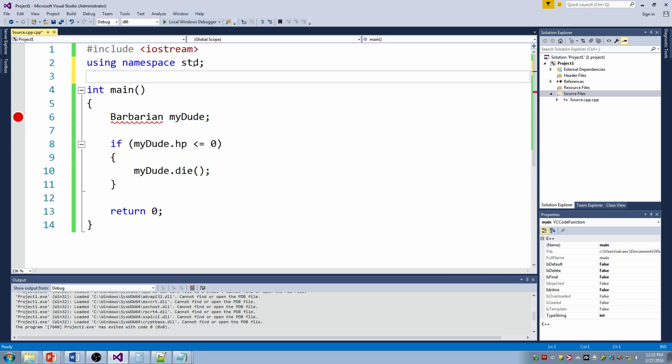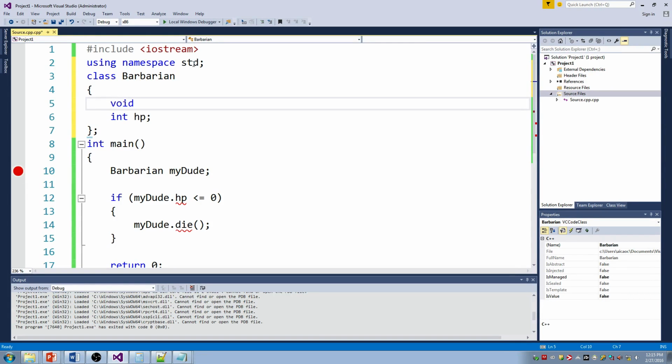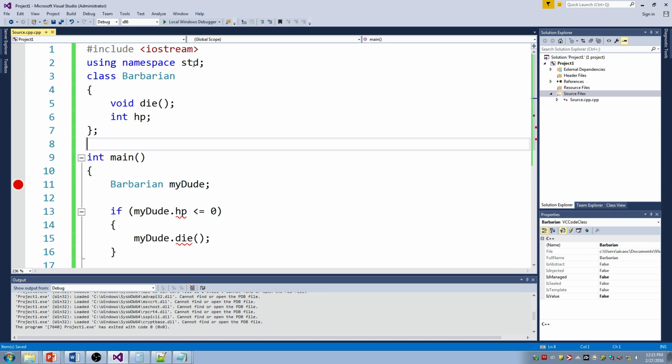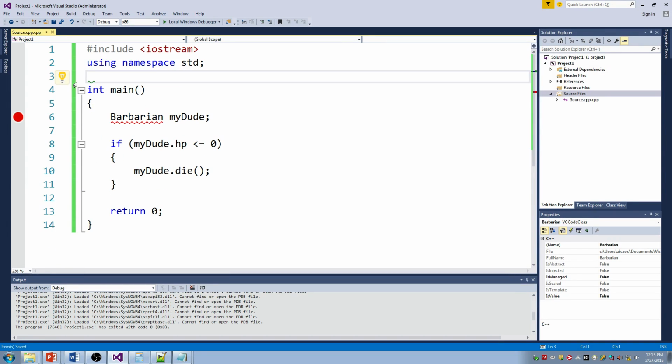I'm not going to show you guys the intricacies of it, but if you guys are curious and you want to know how to describe it, this is what it is to describe a barbarian. This is me making a new barbarian type. All right? So we'll get into that later, but this is basically me creating a new variable type called barbarian. I can make it whatever I want to. So this is me making new variables. All right? Okay,